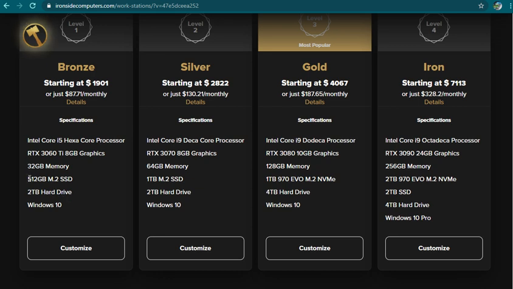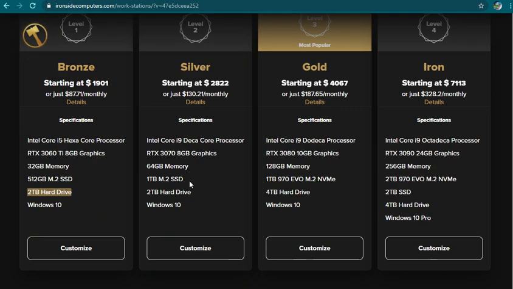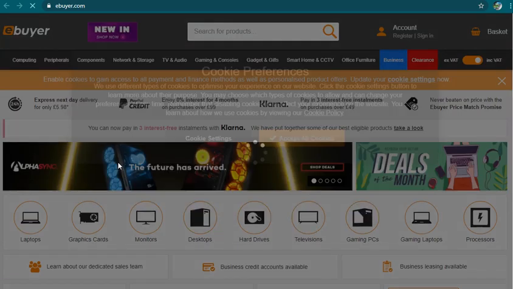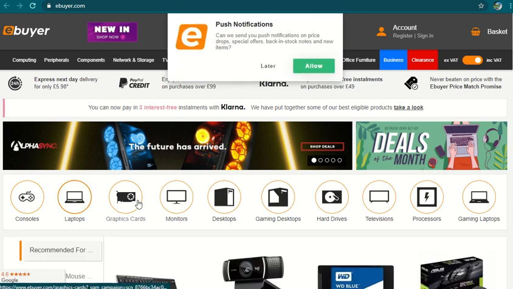That'll be secondary storage. So there's 2 secondary storage devices: a solid state drive, which is fast access, and also a hard drive, a spinning one, but with much more storage on it. So maybe we'll have a look at that, and that may be part of what we'll have for him. I'm also going to use another website. Let's go back here to eBuyer, and if I look at laptops or the components or a graphics card on its own or gaming desktops,